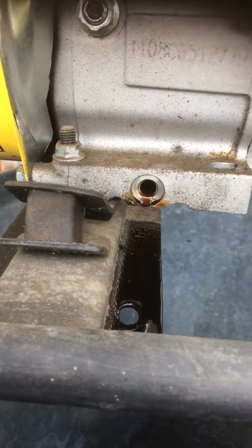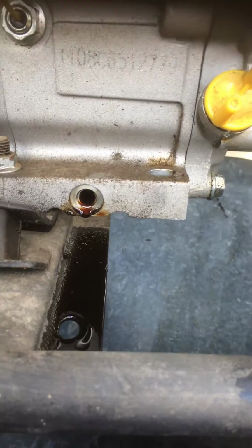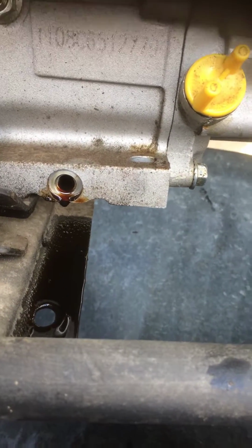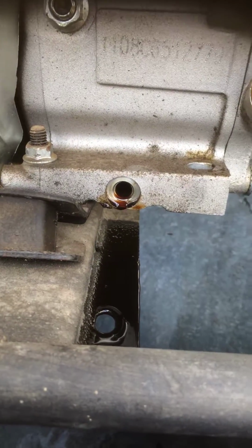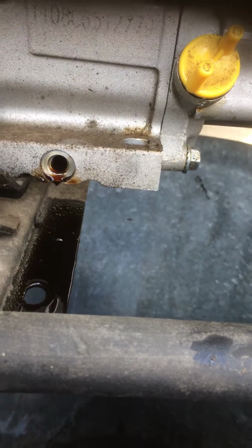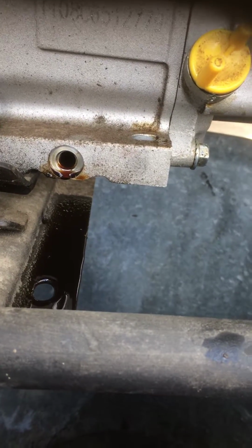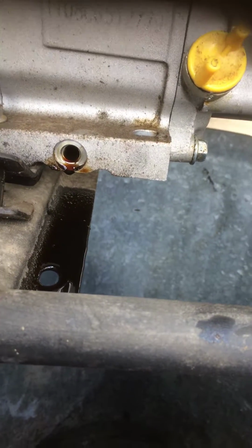Basically, they call for 5W30 for really cold conditions. The thinner the oil, the easier it is to start in cold conditions. I learned that from a guy running a Volkswagen 4-cylinder. Snapped his keyway. Stuck in 15 or 20W50 or something like that, because he was beating his engine, but